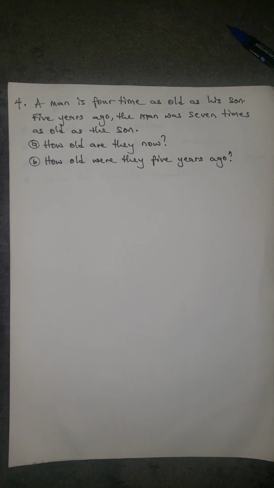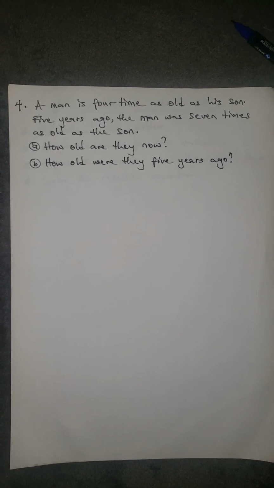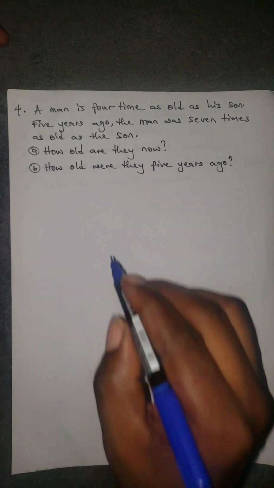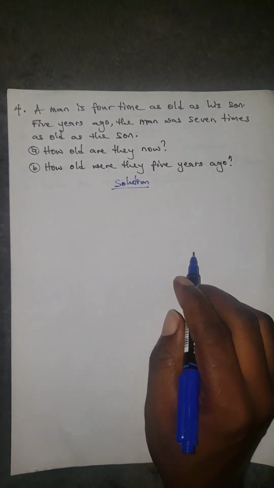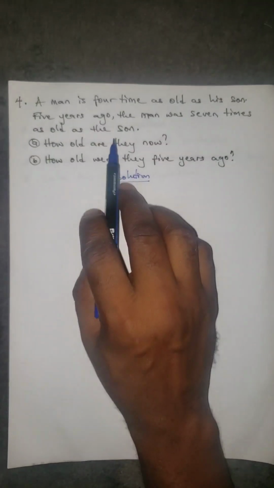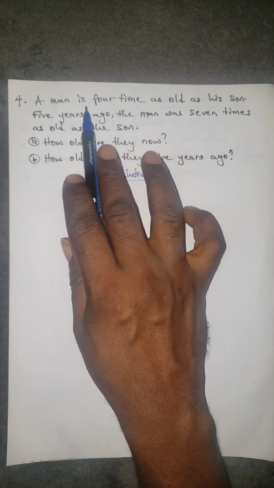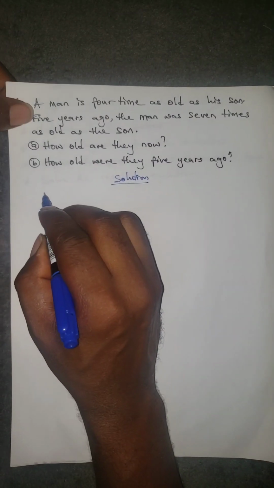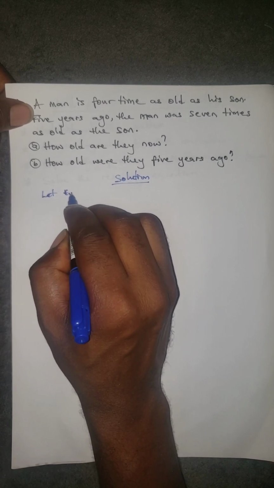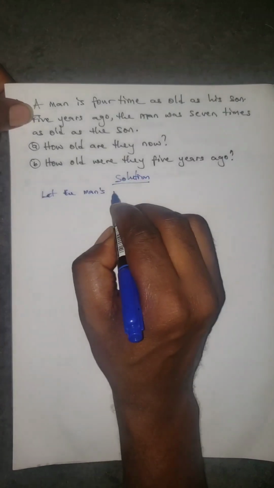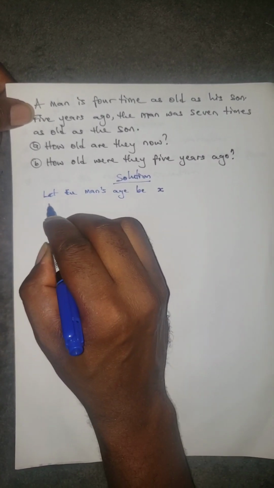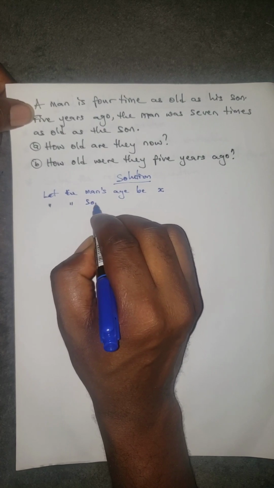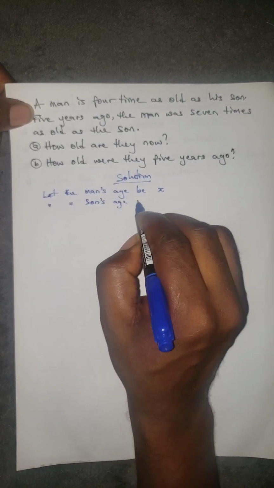Okay. So then I ask, how old are they now? And how old were they 5 years ago? So let us start with the solution. Here we have to first of all assign a variable for the man's age and the son's age. So we say let the man's age be X, and we say let the son's age be